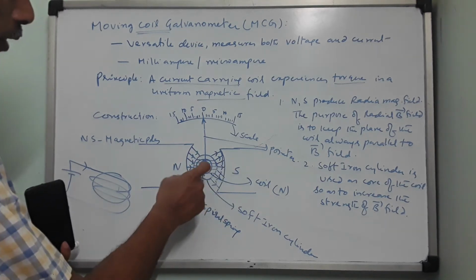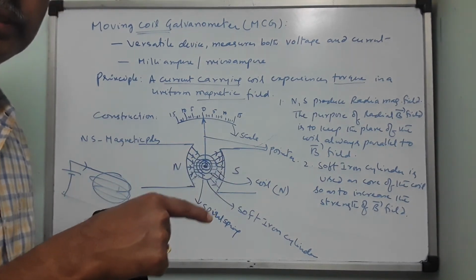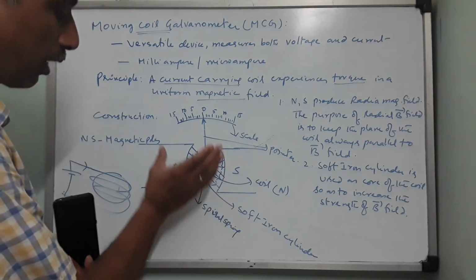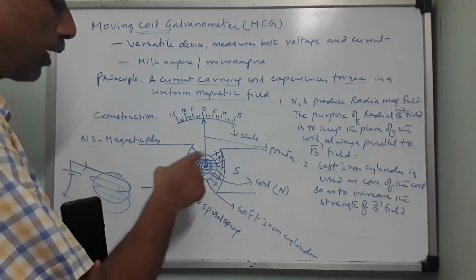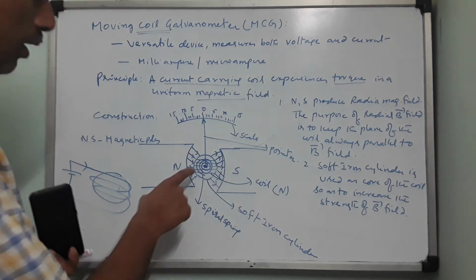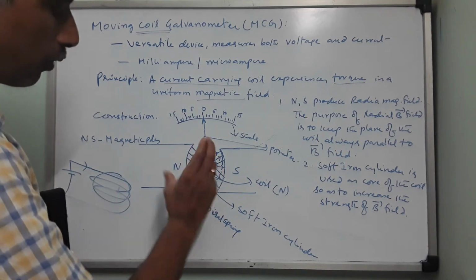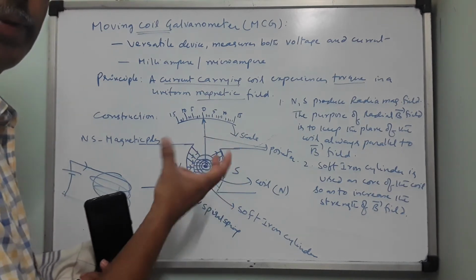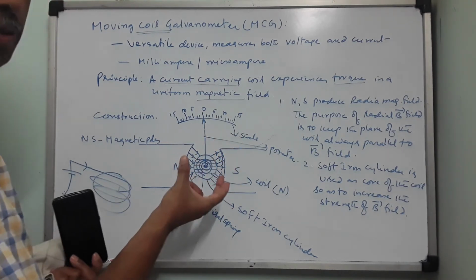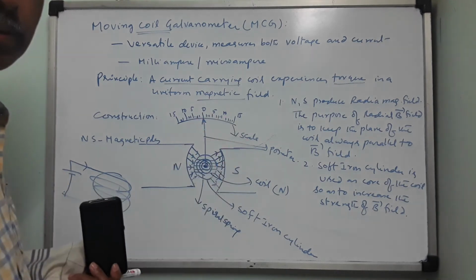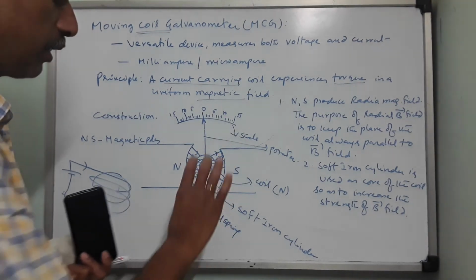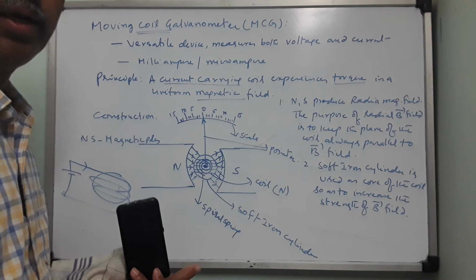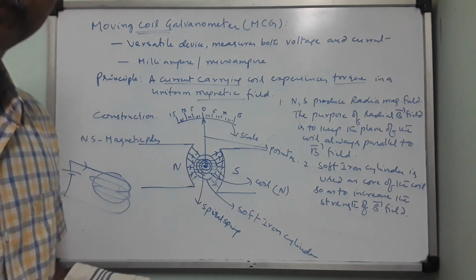And when it comes to here, the coil gets what? Unwound. That means the restoring torque gradually decreases in the spiral spring. When it comes to its normal position, the restoring torque in the coil will become what? 0. Now the coil again starts experiencing a torque, so again it will go like this. Therefore, there is a play between the torque produced by the magnetic field and the restoring torque produced by the spiral spring. As a result, the coil will undergo a steady oscillation. So this is actually what is happening in the moving coil galvanometer.